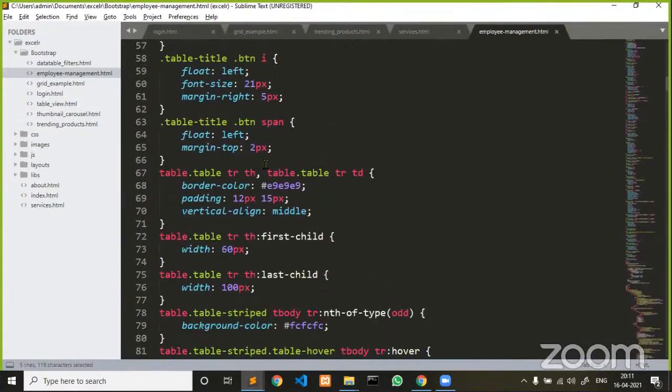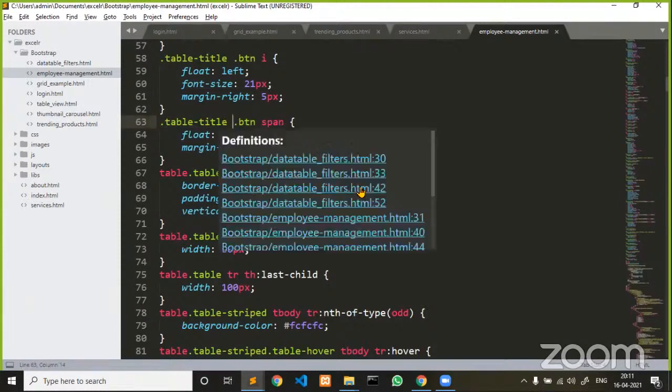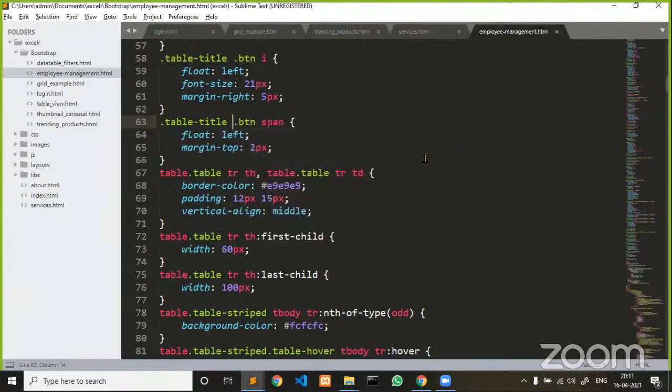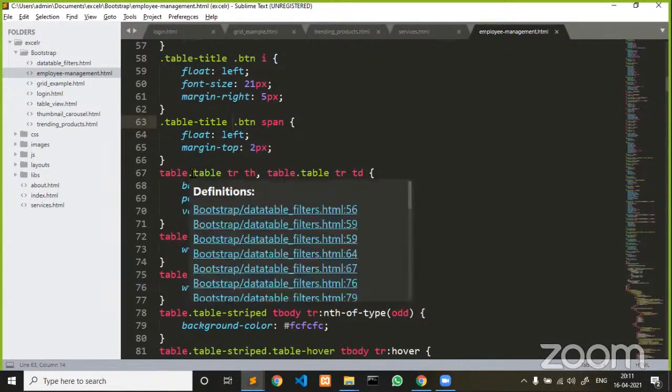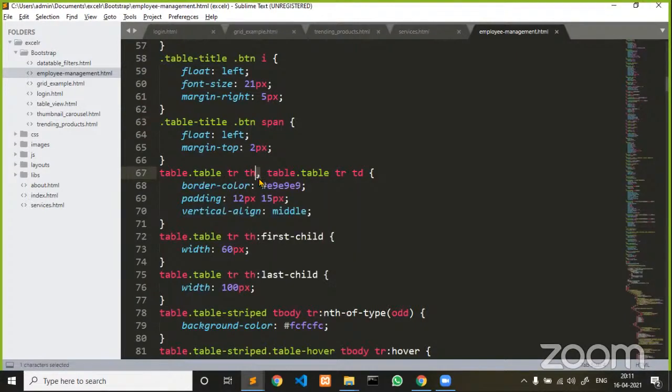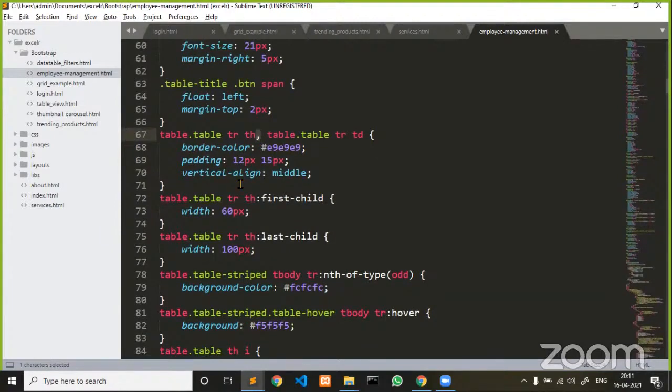Now, as we already discussed, these are selectors. You see here, between each selector, there are spaces. This is called descendant selectors. And dot represents a class selector, the space represents descendant, and comma represents group selectors. Like that, according to the requirements, I have used different sets of selectors, which we have already discussed in the previous session. Now, colon first-child. This is a pseudo selector. nth-of-type is also one more pseudo selector.